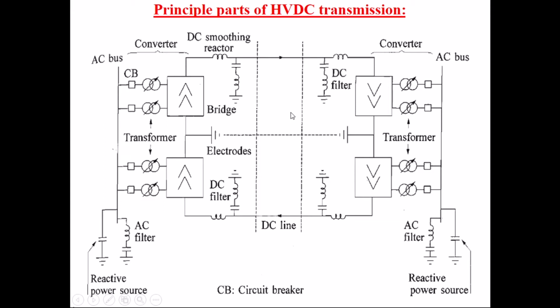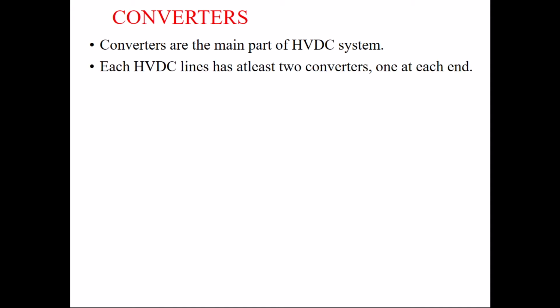So in the next slide we go into detail about each and every component and understand the role of these components. The first and main component in this HVDC system is nothing but the converters. As we know, there are different types of converters we use: 6 pulse, 12 pulse, 18 pulse, 24 pulse and 36 pulse. But generally we use the 12 pulse converter, because as we increase the number of pulses and the number of converters in series, the control of the converter becomes very complex. So generally in the HVDC system we prefer up to 12 pulse converters.